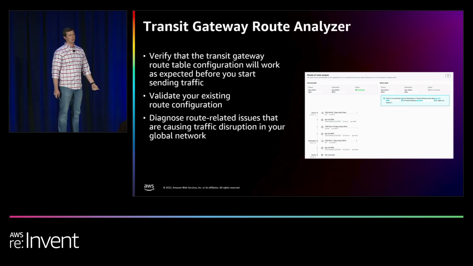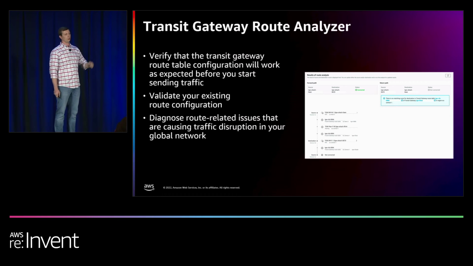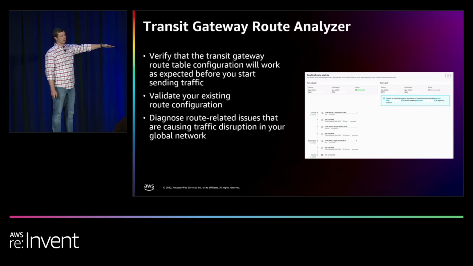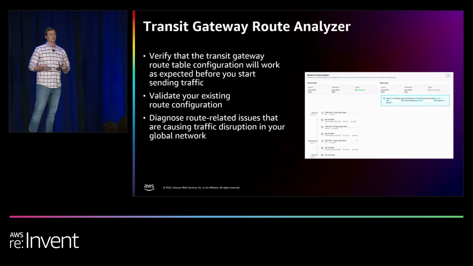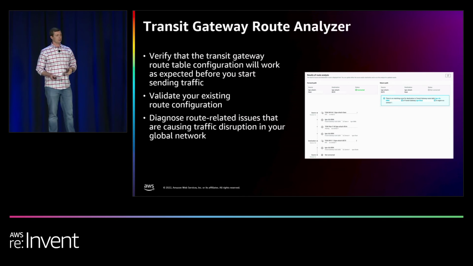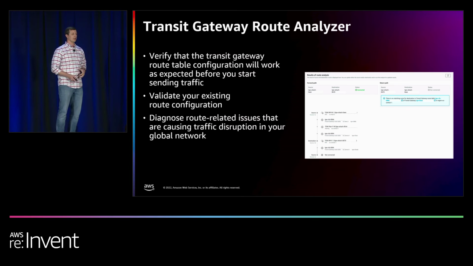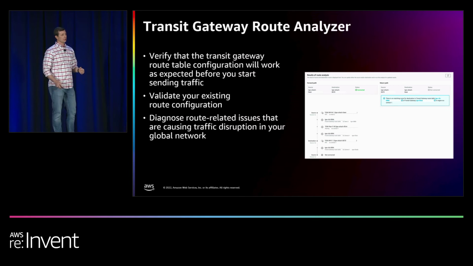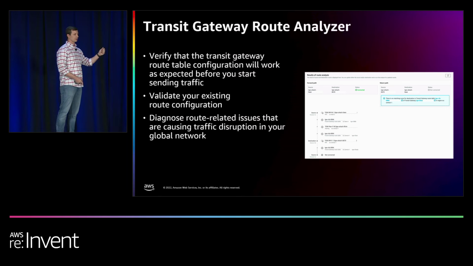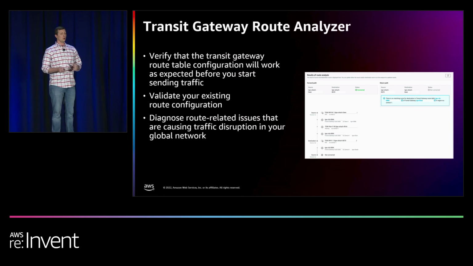it a destination IP, and then it will walk you through what route table you're hitting, what the route table entry is that you're hitting, and whether it's going across a peering attachment. You can actually include middle boxes along the way, so if you have centralized inspection, you can say, hey, I'm going to have a middle box in the way, and you can see the entire path going through. So it gives you the capability to understand from a source attachment to a destination attachment whether you have that